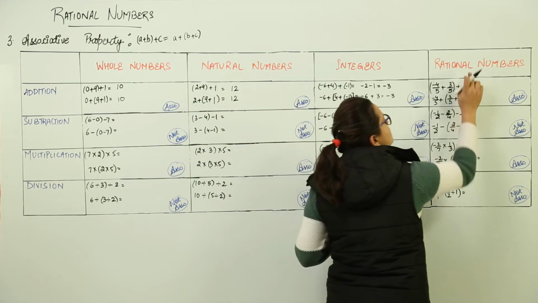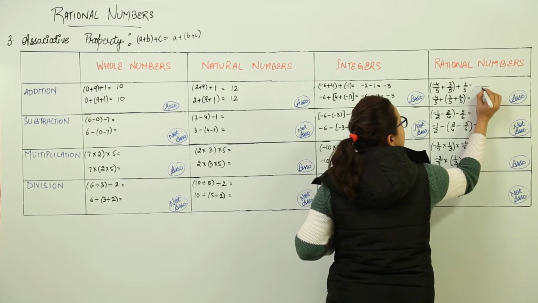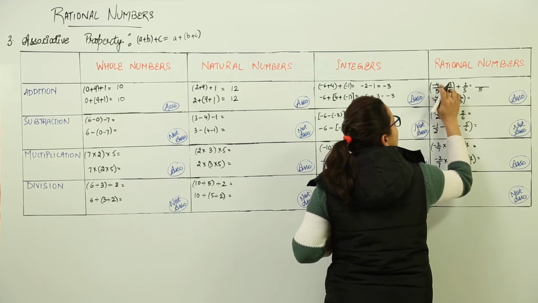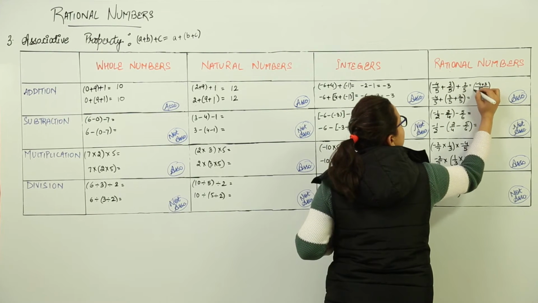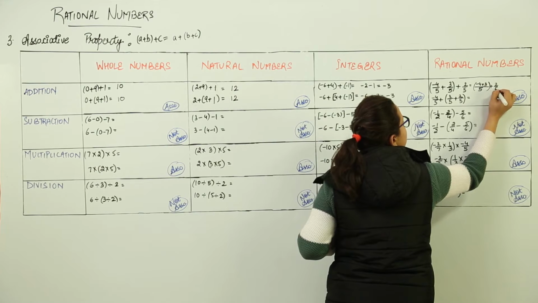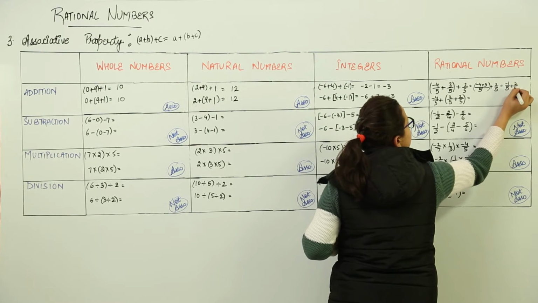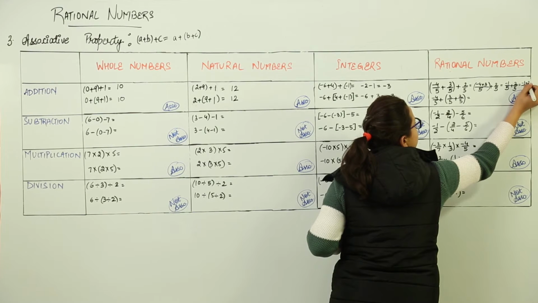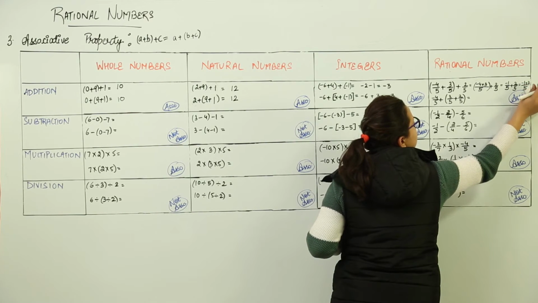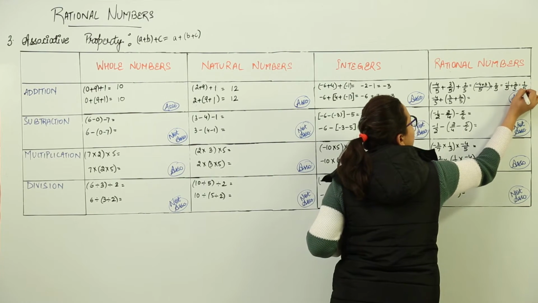Similarly, we have rational numbers. Now we will be adding these two rational numbers first. You take out the LCM, add minus 4 plus 3, and to this you will be adding 2 by 5. What do you get? This becomes minus 1 by 5 and 2 by 5. Now you get the answer as minus 1 plus 2, which is equal to how much? 1 by 5 only, right?